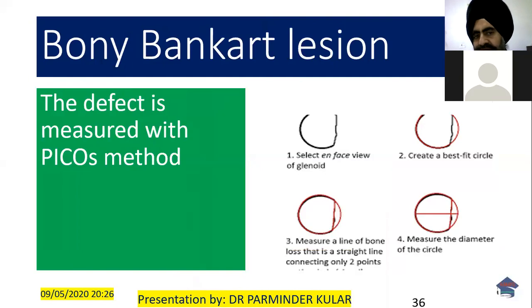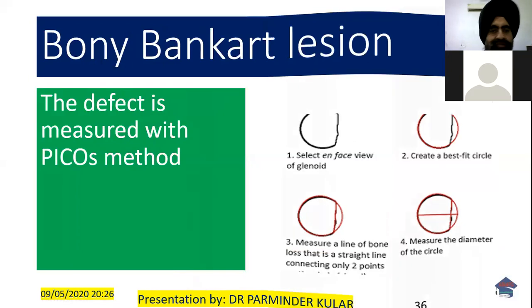We have to first assess how much is the bony loss, and this is usually done with the PICO method. This again is a postgraduate level question. The PICO method is used to assess how much the bone loss is. We draw a circle, and from the circle we assess the bone loss. So you just remember the name, because you don't know how the examiner may include the question of what is the PICO method. It is a radiological method to assess the bone.